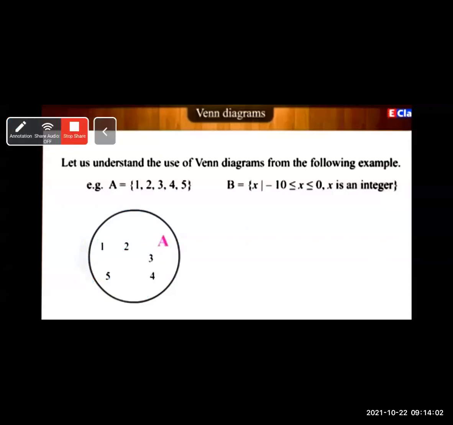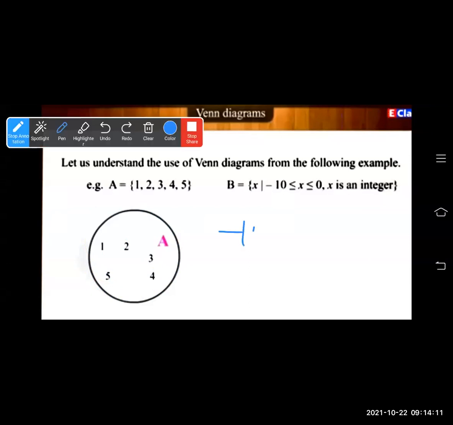Now see the second example shown on page number 7. B is equal to the set of all x such that minus 10 is strictly less than x, less than 0. That means you have to see the number line: minus 10, minus 9, minus 8, minus 7, minus 6, coming in the reverse way, minus 5, minus 4, minus 3, minus 2, minus 1, and 0.